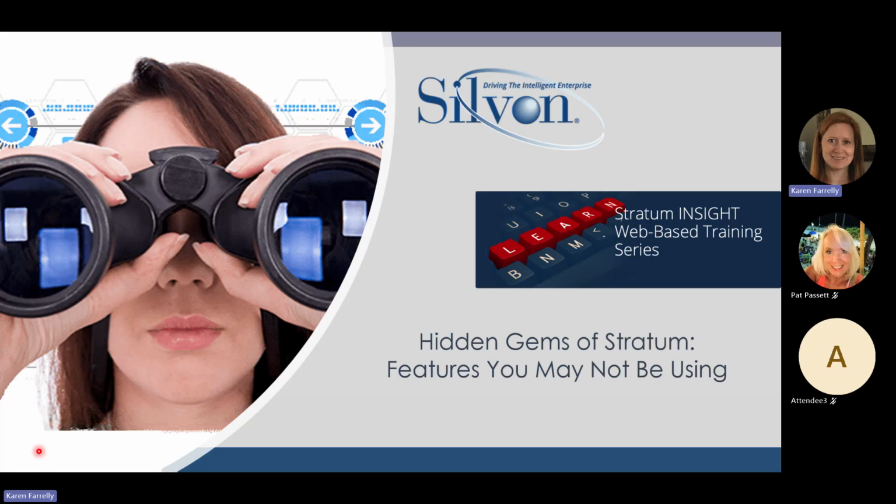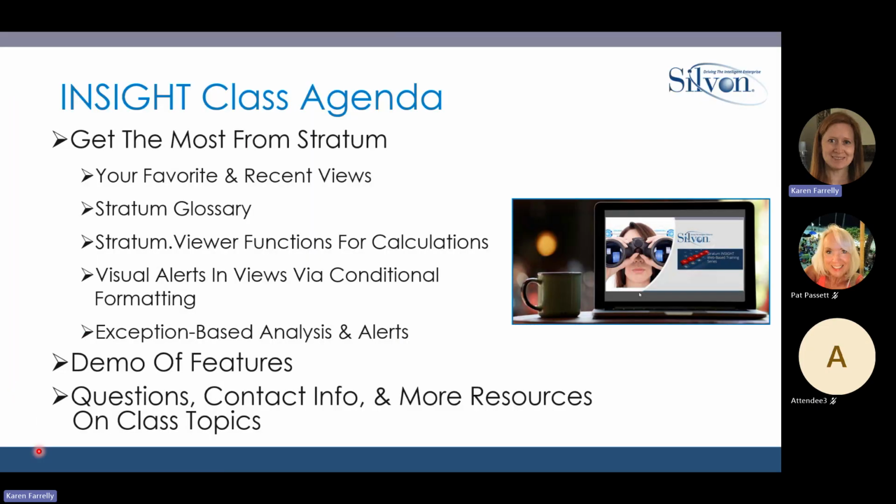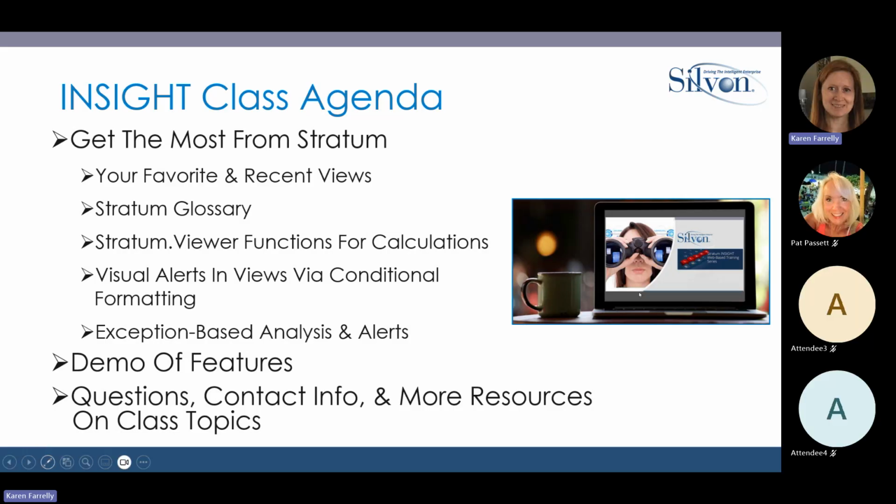There's about 5 topics I'll cover. I'll go through some slides first, and then we'll jump to a live demonstration. The topics we'll be covering today include favorite and recent views, something called the Stratum Glossary, Stratum Viewer functions for setting up calculations, as well as a window to help manage measures of either calculated type or regular,